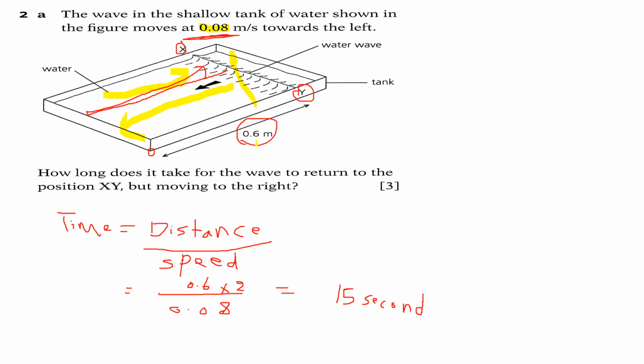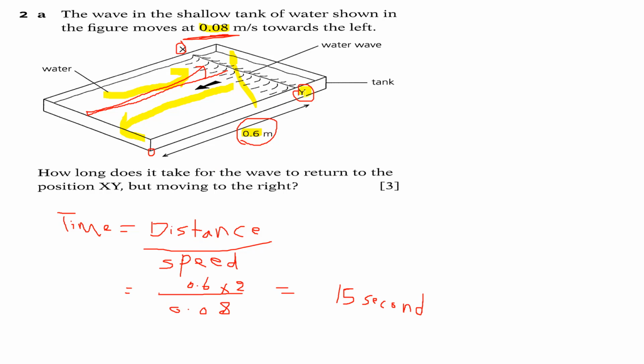Now the question says, how long will it take the wave to move in this direction and come back to the same point where it started moving? So as we said before, the formula to find time is equal to distance over speed. Now the main idea is what? It's the distance. The distance here is already given, it's 0.6 meter, but this 0.6 meter is only the distance